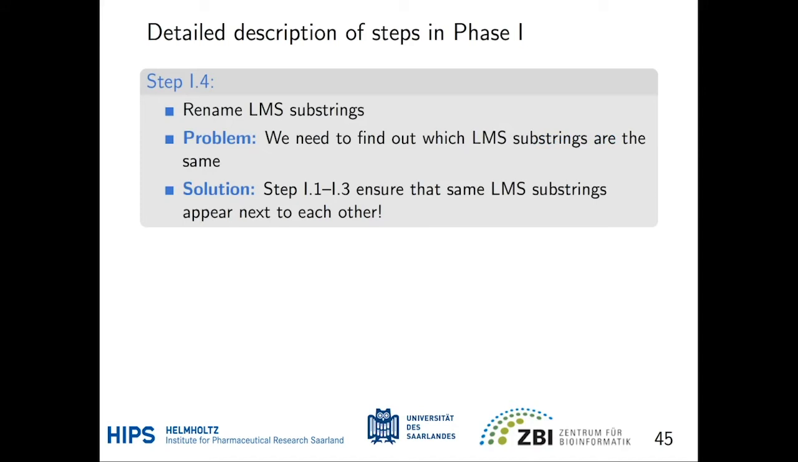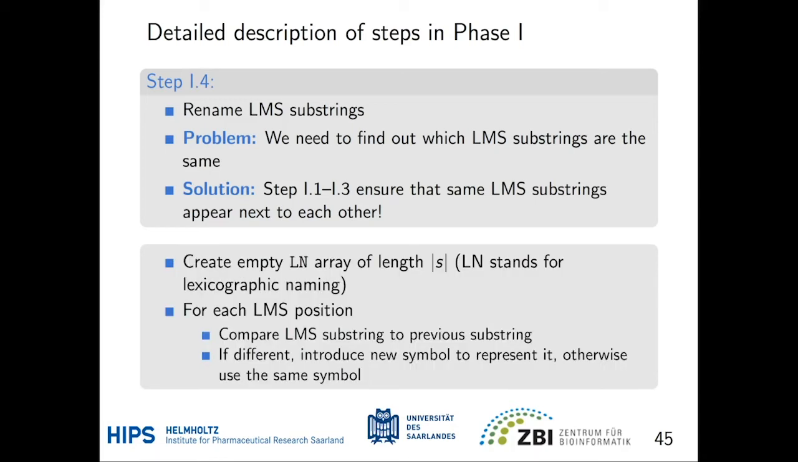The idea here is to rename LMS substrings and sort them again. What we need to find is which LMS substrings are identical. But as I said, the first 3 steps ensure that the same LMS substrings appear next to each other in the suffix array. So what we do to solve this problem, we create an empty array ln of the same length as the whole string s, where ln stands for lexicographic naming,